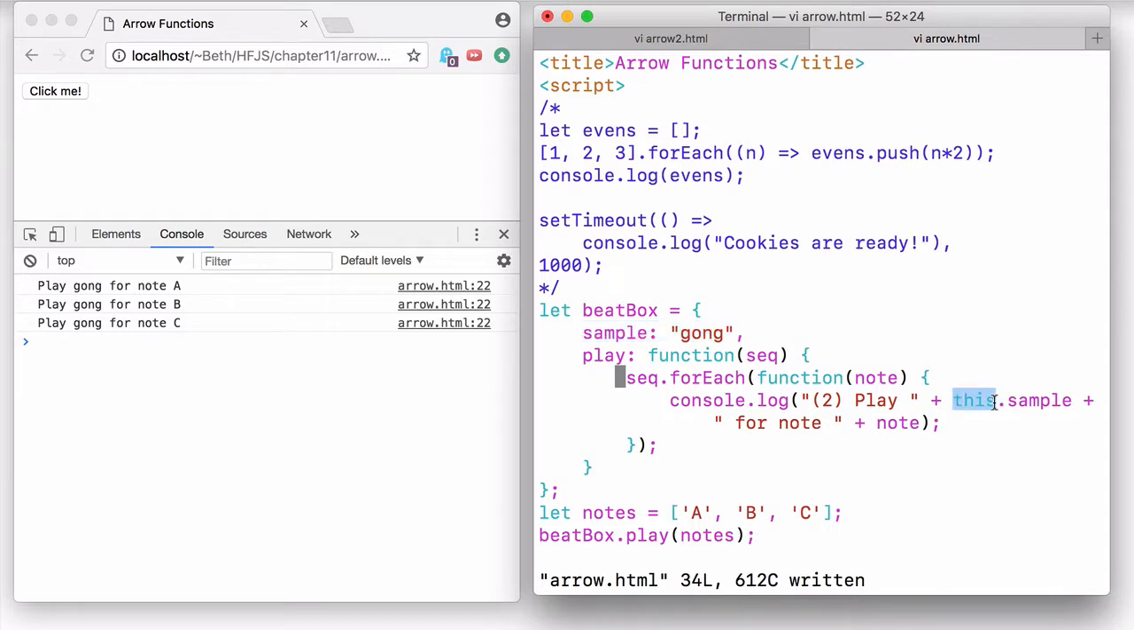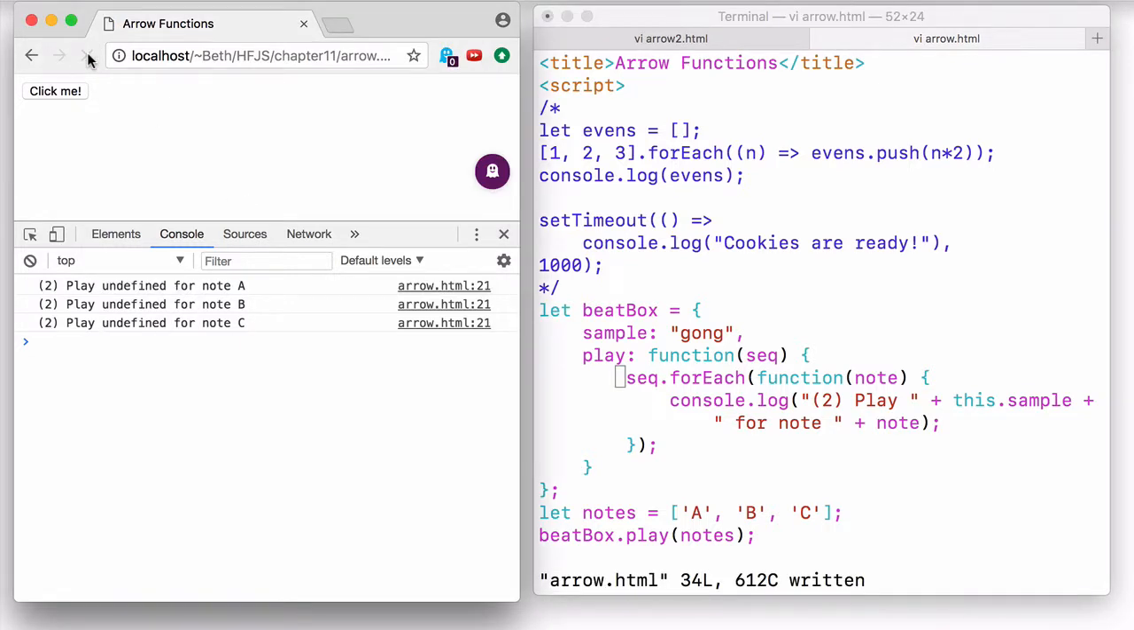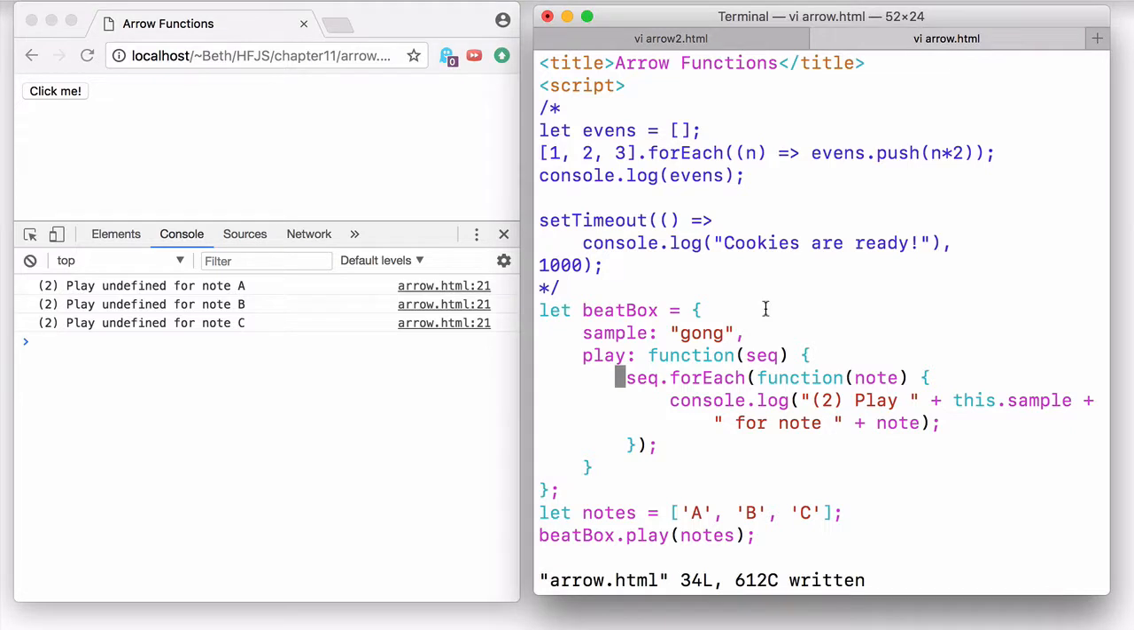In other words, will you expect that the value of this will be the beatbox, so you'll see gong for this.sample? Let's give it a try. I'll reload the page, and you can see that the code no longer works. I'm seeing play undefined for each note instead of play gong for each note. So what happened? Well, what happened is that the value of this in the function we're passing to forEach